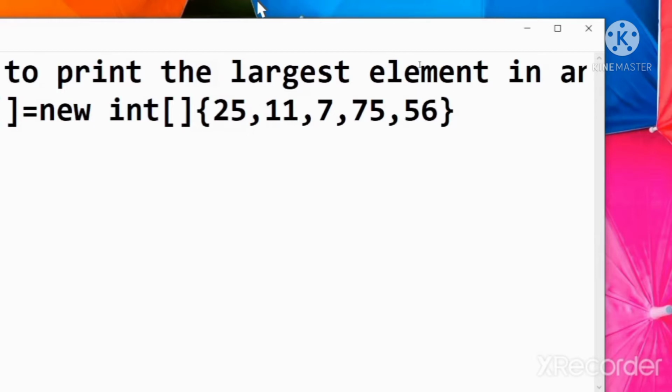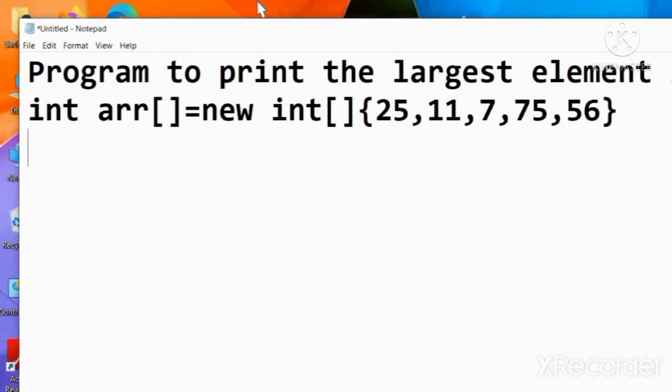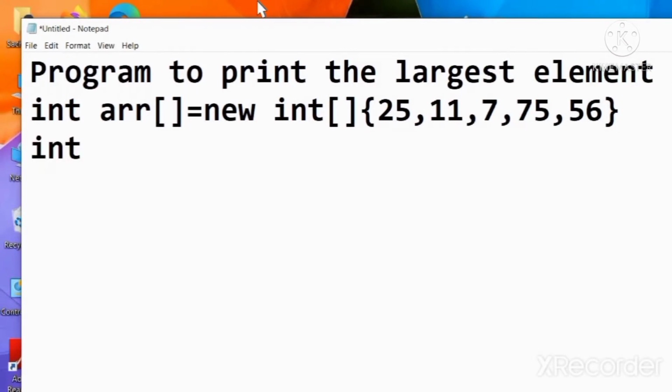then we are using the method in which we are going to initialize int max is equal to the first element of array, arr 0.